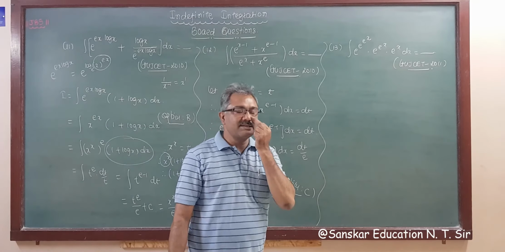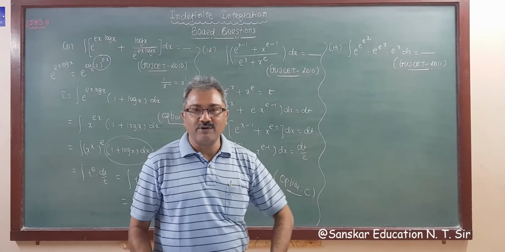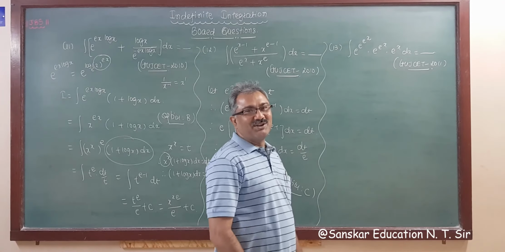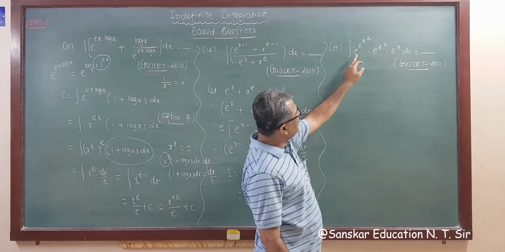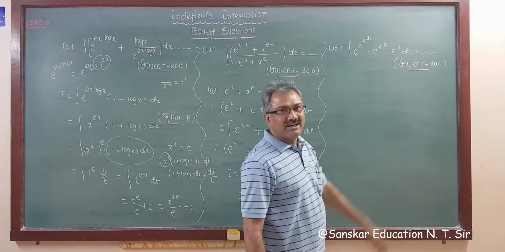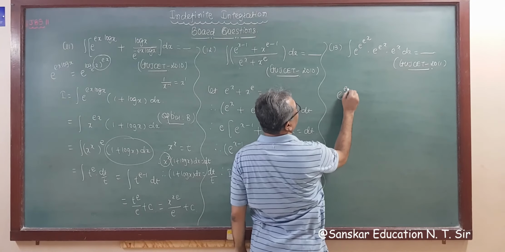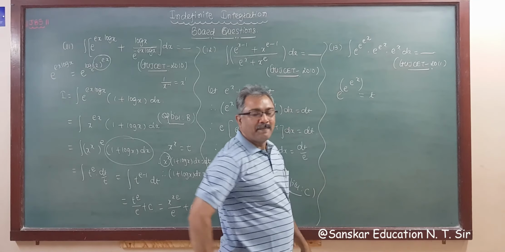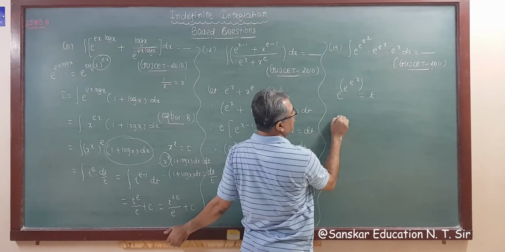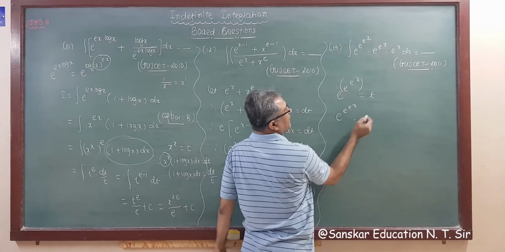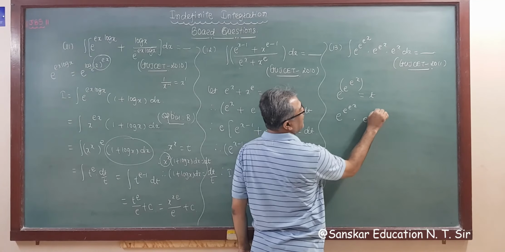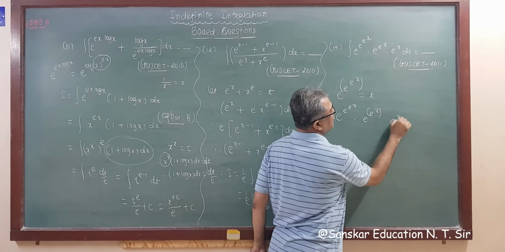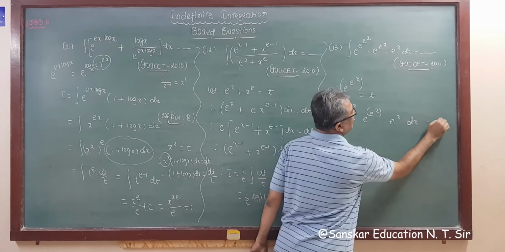Then question number 13 is a nice question, and this is an important question for 2 marks or 3 marks also, right? But we are solving MCQ, so I'm not going to write all steps. See, this is e raised to e raised to e raised to x, right? So assuming this e raised to e raised to e raised to x is equal to t, that is e raised to bracket, differentiating this, the derivative of e raised to bracket is e raised to bracket, the derivative of bracket again is e raised to x, so here is again e raised to bracket, and the derivative of e raised to bracket is e raised to bracket over dx is equal to dt.